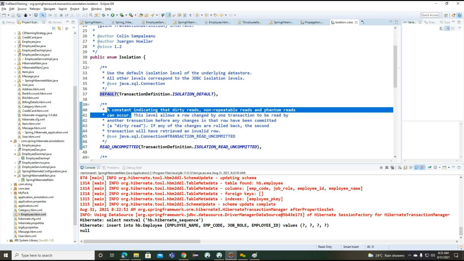Here also, we are not going to get the committed data.